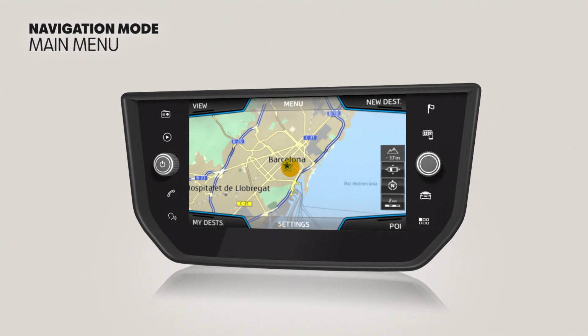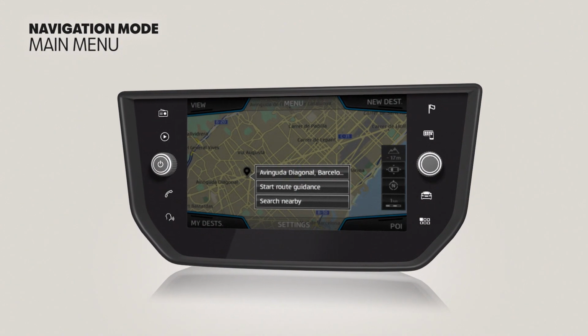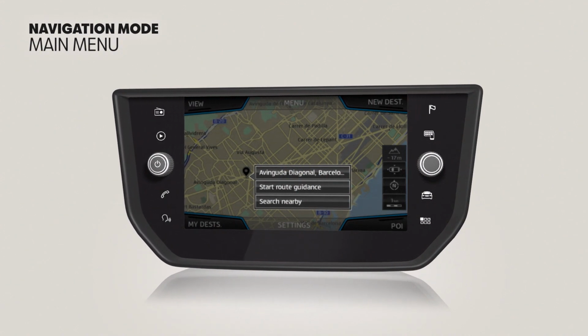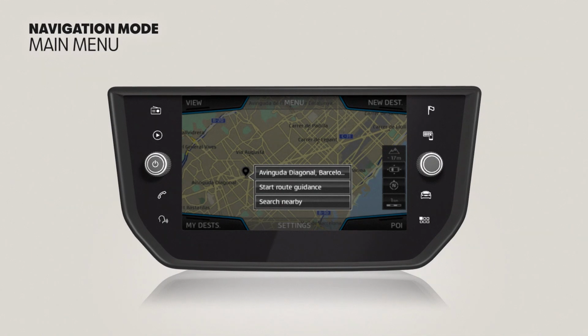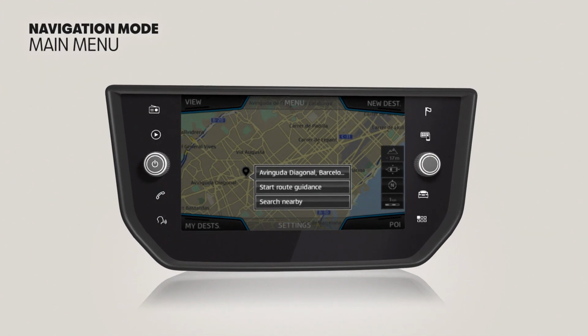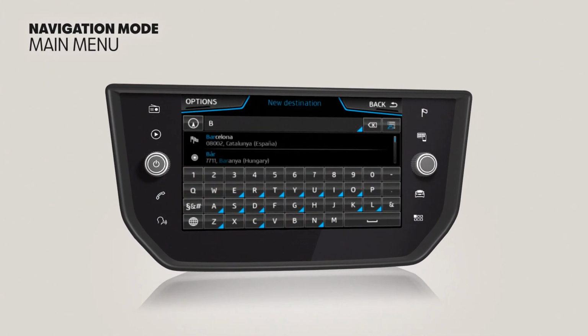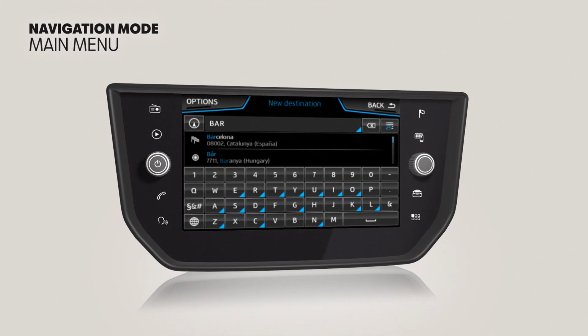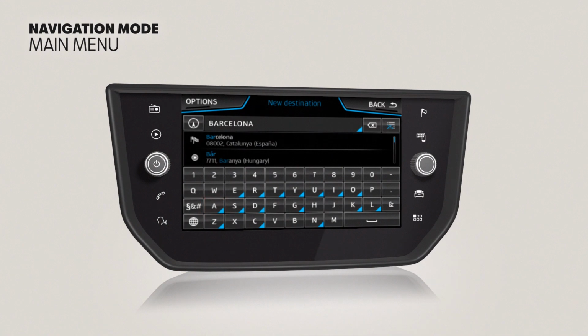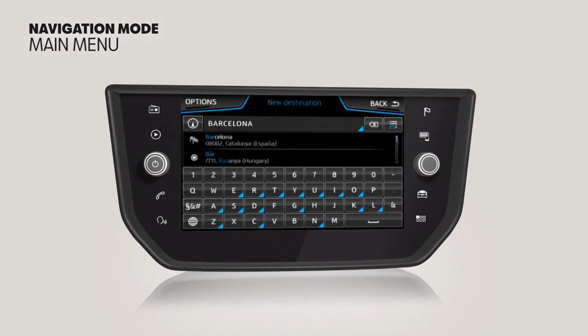Select a new destination by clicking it directly on the map. An address or point of interest can also be entered for a new destination. When an address is entered, the data will gradually limit the search and selection options. If the destination is a point on the map, this is activated by entering the GPS coordinates or by selecting